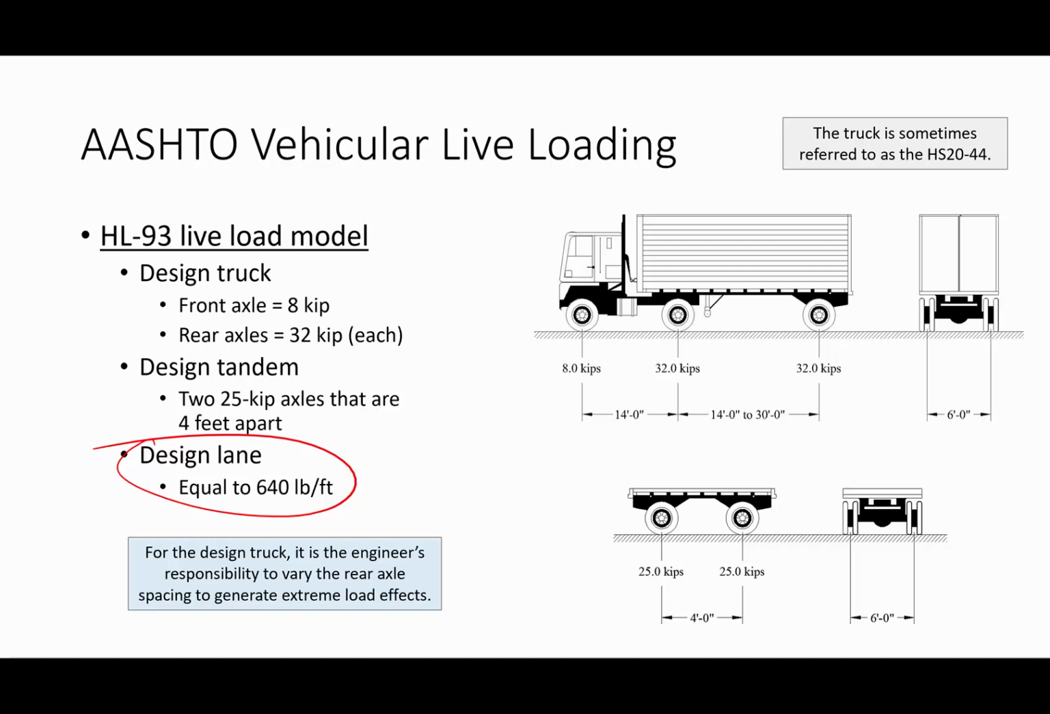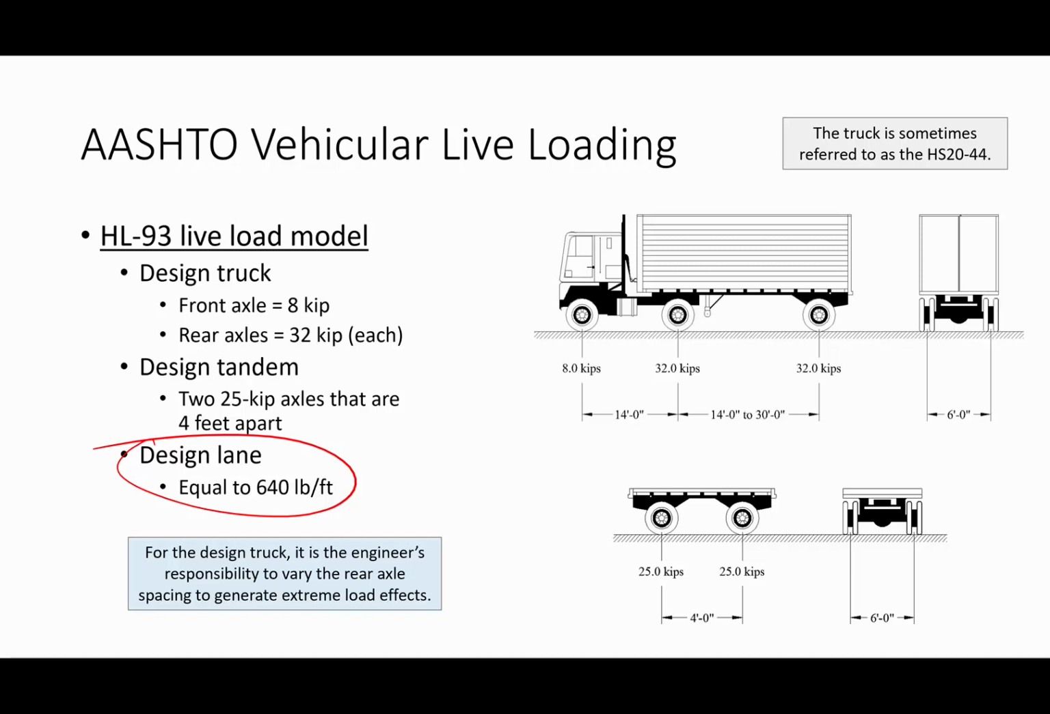And then you could determine the effects of that response by just taking the distributed load and multiplying it by the associated area under the influence line. And so I think that's pretty easy. For the live load model for the concentrated loads, there's actually two different